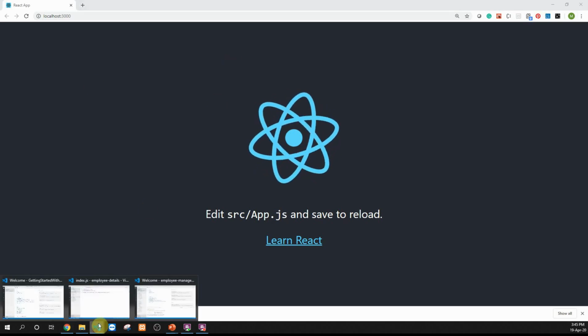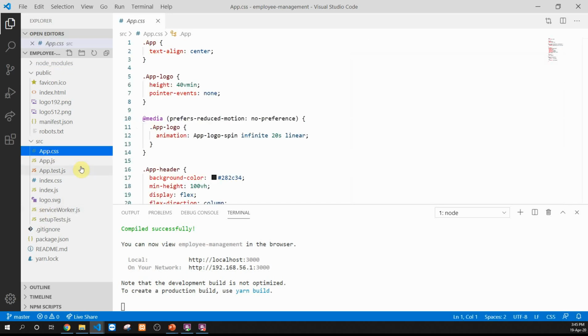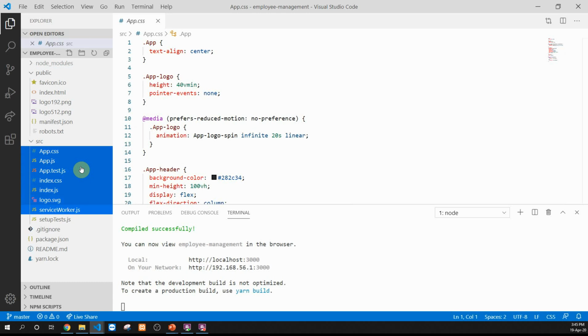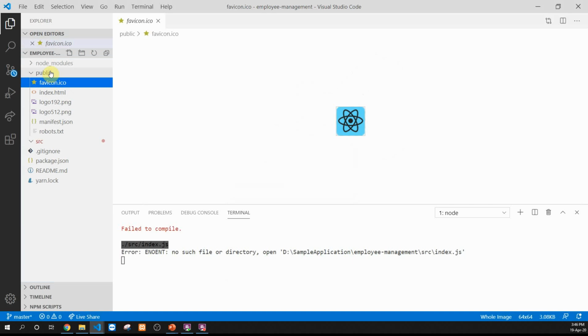And I have this particular application which is represented with this folder structure. So whenever you are creating a new application using create react app, this is the sort of folder structure that is created in order to render this small sample application. What we'll do next is we'll go to these folders, public and source, and we'll delete all the files which are present inside these folders.